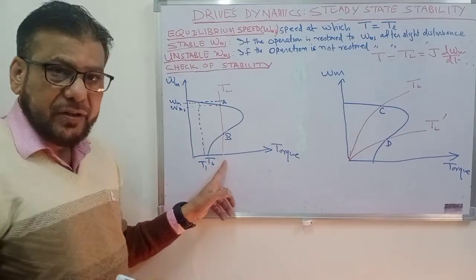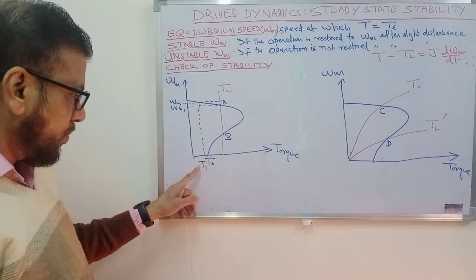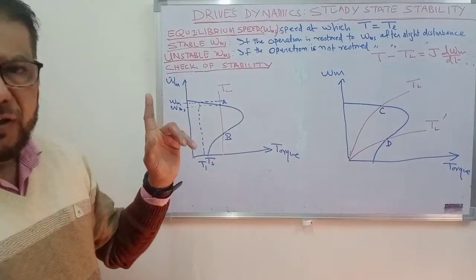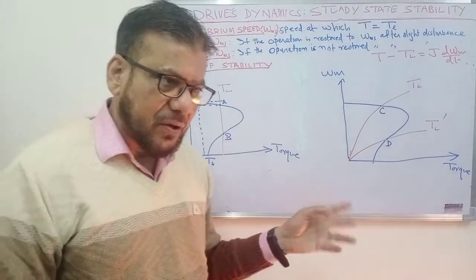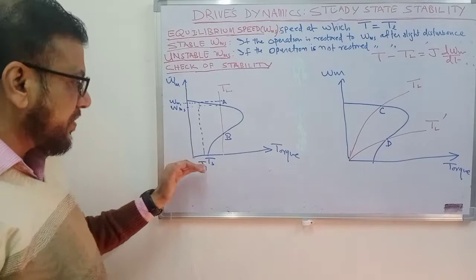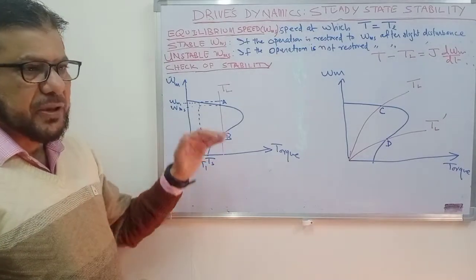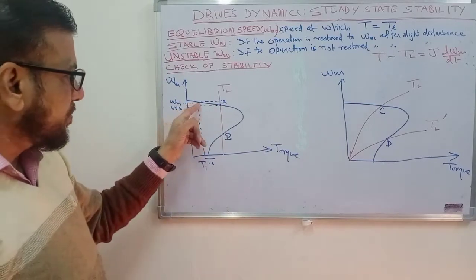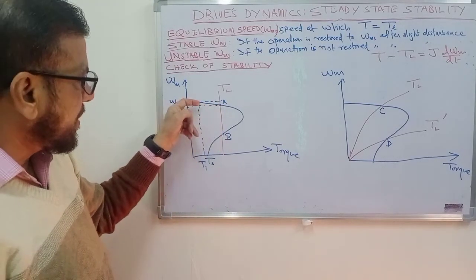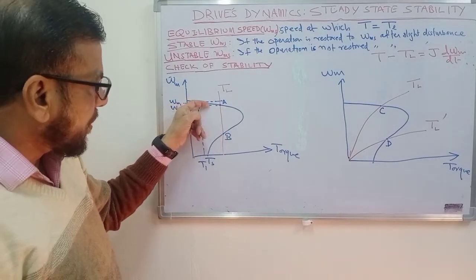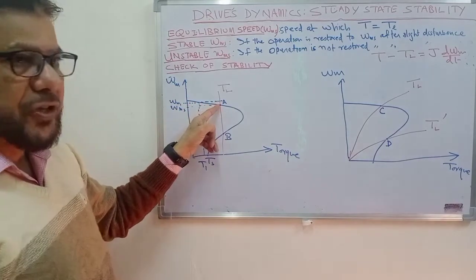Load torque is constant, it is not changing. So motor torque has become less than the load torque, or in other words, the driving torque has become less than the braking torque. So the speed of the motor will decrease. As the speed decreases, the motor torque will decrease and finally it will come to this point A,